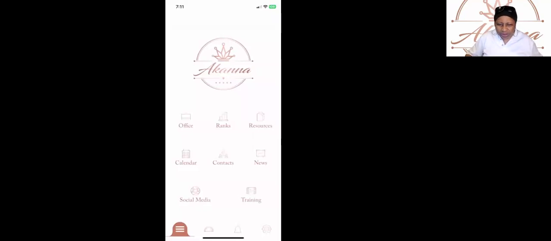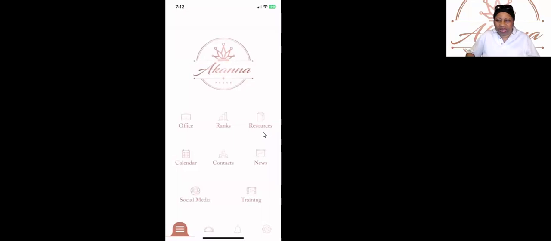Now on my screen, it's really faint down here at the bottom, but hopefully you can see it on your phone. There are some icons down here. One of these is for volume, and another is for notifications. It's a bell. And the third one is configurations, like settings. But let's go back. I don't want to start with Office. I'm going to make Office the last thing that I deal with. So I'm going to start with resources.